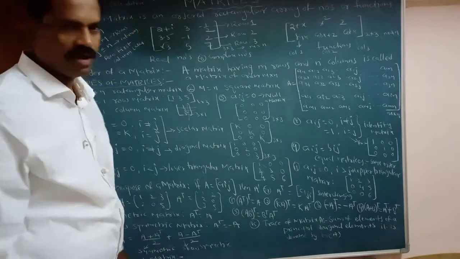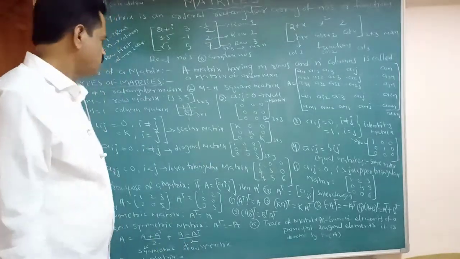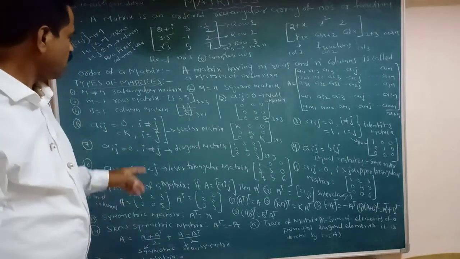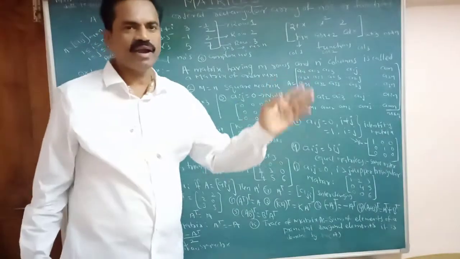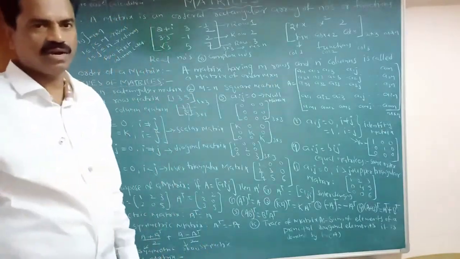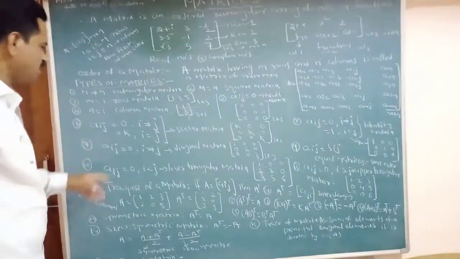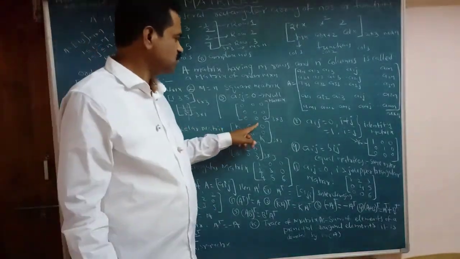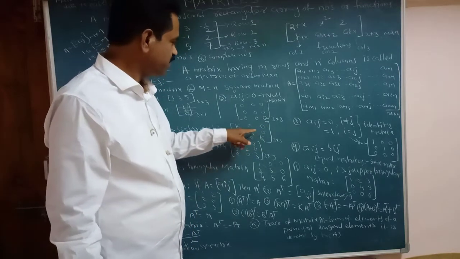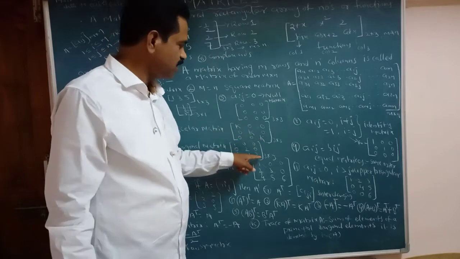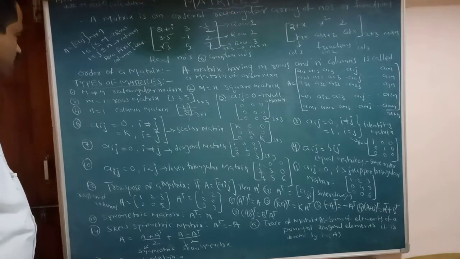You observe here, sometimes they ask for scalar matrix or diagonal matrix in MSET. Aij equals 0 when i not equal to j, and Aij equals k when i equals j. Which matrix is being asked? Scalar matrix, null matrix, unit matrix, or diagonal matrix. Scalar matrix means k 0 0, 0 k 0, 0 0 k. In this one the diagonal elements are the same, while in the other the diagonal elements are different. So that distinguishes scalar matrix from diagonal matrix.